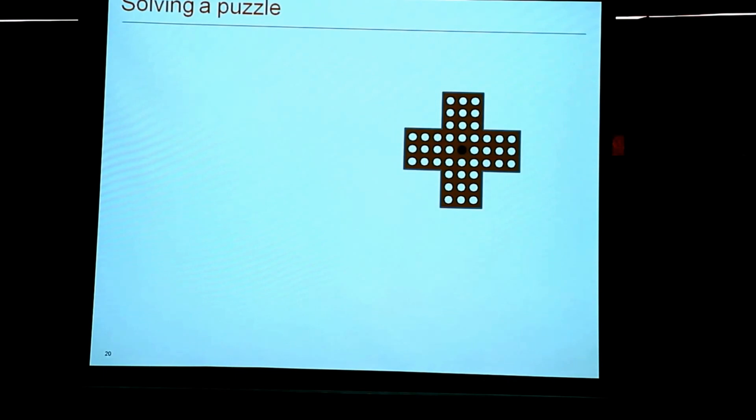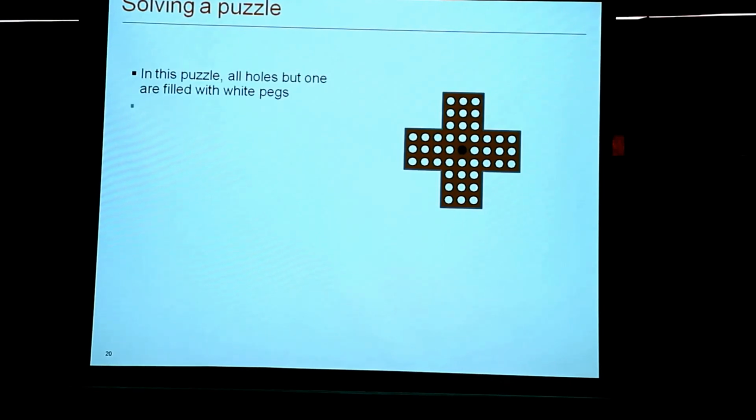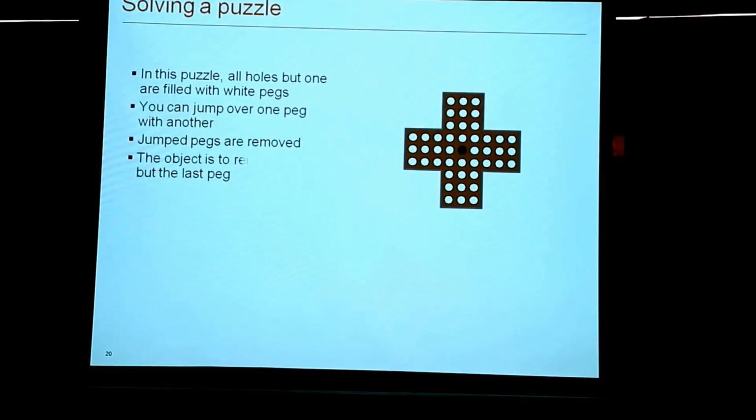Yeah, so this is another very common problem, I think called Brain Vita or something, where initially you have all these boxes filled with coins other than one, and you try to hop one coin, and whenever you hop a coin, the coin which you hop over gets eliminated from the board. And the idea is to reach one coin. So that's also a very common problem, and the objective is which coins you pick at every point.